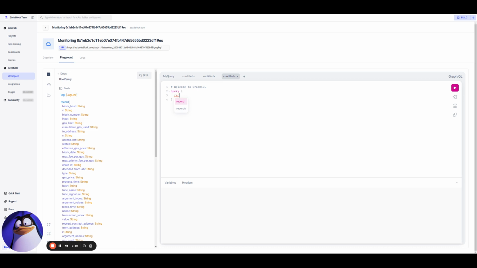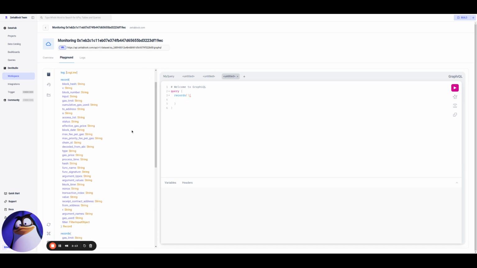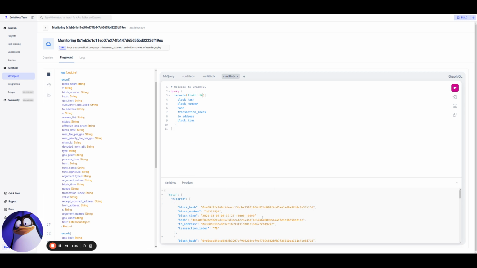So let's say I want to grab here block hash. I'm going to grab here block number. I want to grab here transaction hash, which would be transaction hash in this case, transaction index, and to address, and also block time, I suppose. And I want to grab limit 10, just the last 10 transactions that this user has initiated